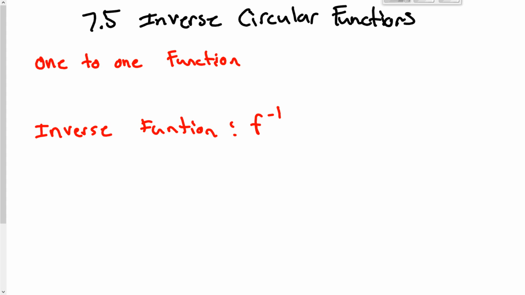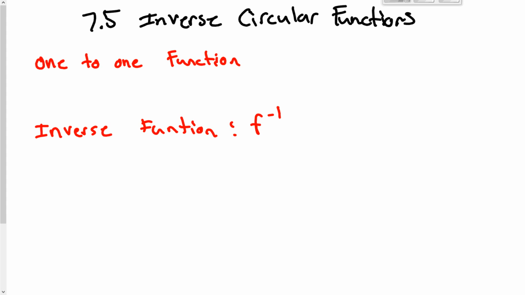That's section 7.5 in chapter 7. I'm talking about inverse circular functions. So that's like inverse sine, inverse cosine, inverse tangent, inverse cosecant, inverse secant, and inverse cotangent. So first we want to talk about being a one-to-one function, and you can recall from being a one-to-one function